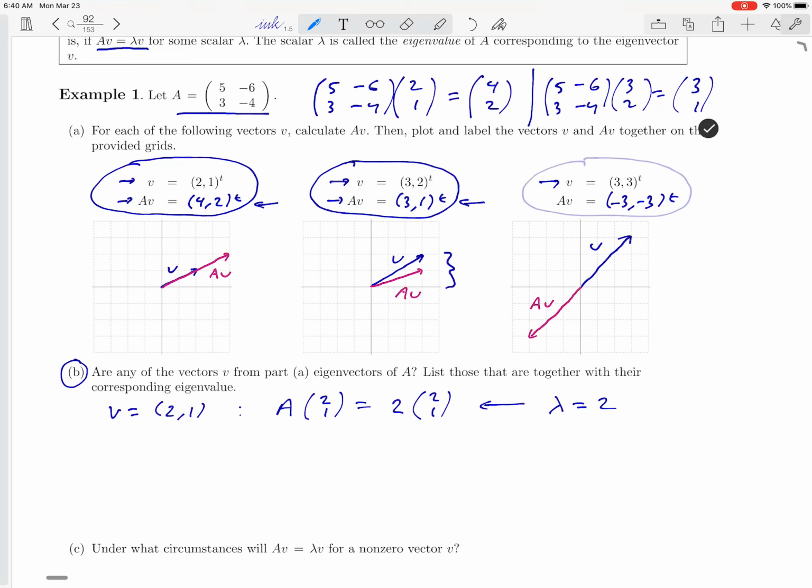What about the last one, (3, 3)? Same question. Is (-3, -3) a scalar multiple of the vector that we started with? In this case it is. It's just a negative scalar multiple. We started with a vector v and ended up multiplying it by -1. Just to confirm algebraically that (3, 3) really is an eigenvector, we remind ourselves that when we took A and multiplied it by (3, 3), what came out was (-3, -3), which is -1 times the vector that we started with. So for the vector (3, 3), we got an eigenvalue of